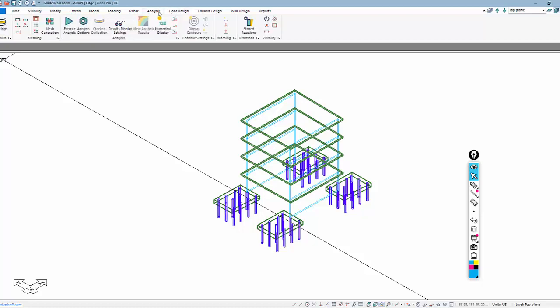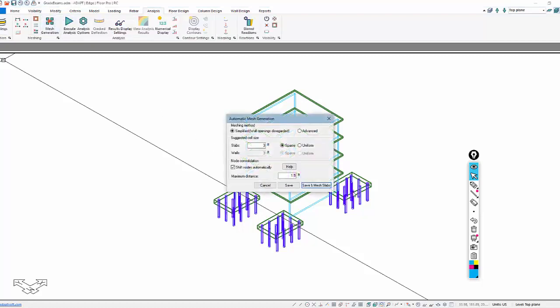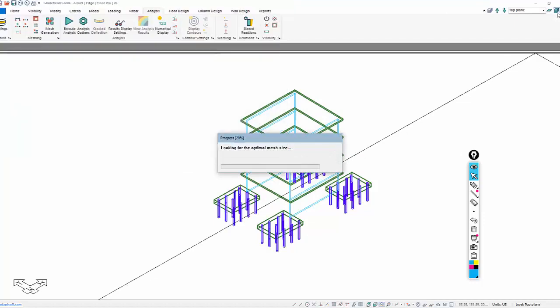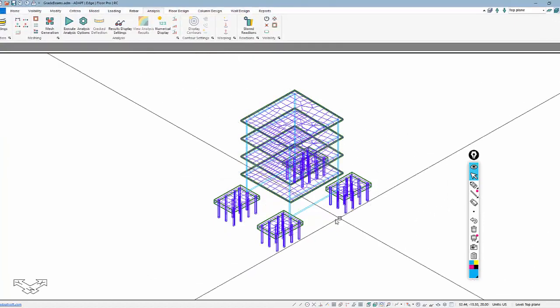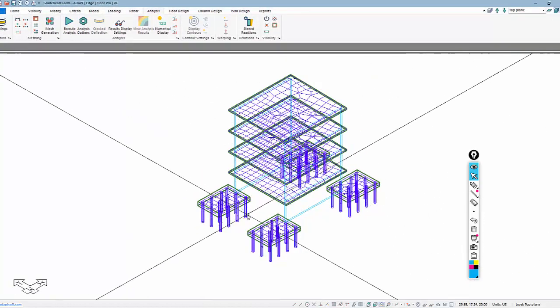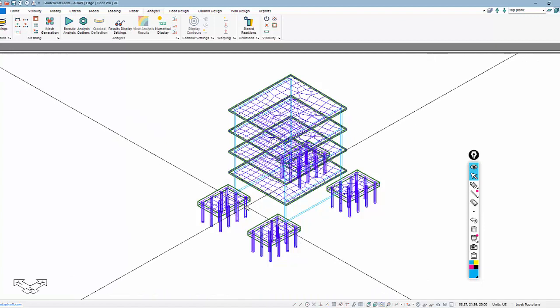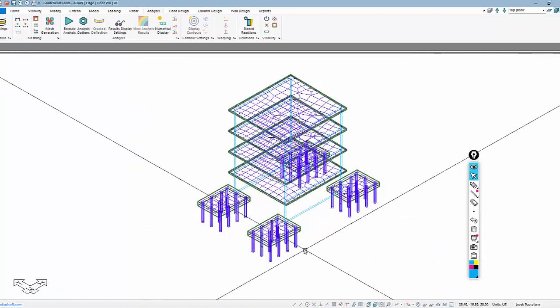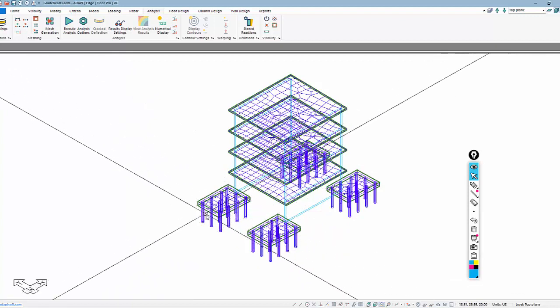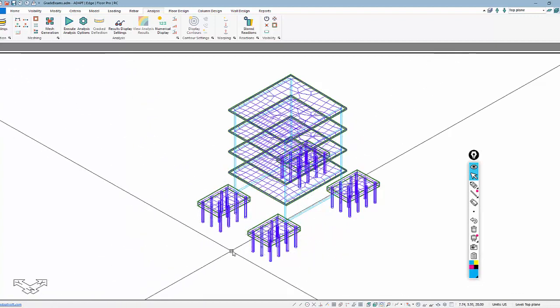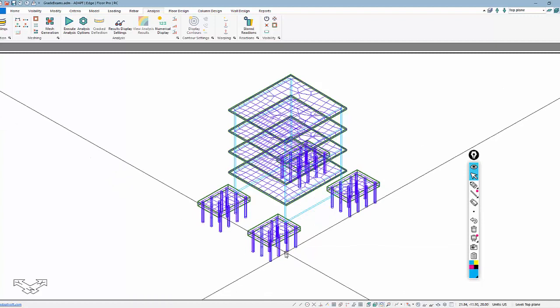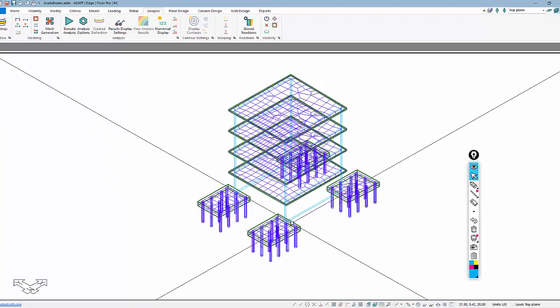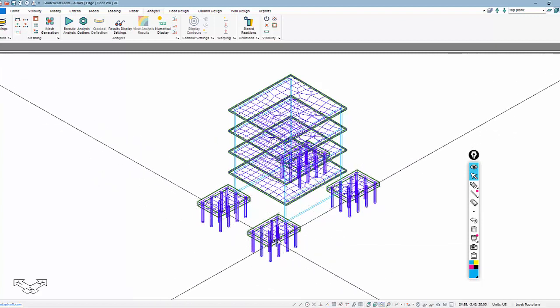Okay, and we're going to go to analysis. I'm going to mesh this system. We're working still in multi-level mode, so we'll mesh this. And now we're going to analyze. And again, my objective is to make sure that the system is stable, that we have connectivity between components, and also to view the forces, let's say, in the piles, and also to determine perhaps reinforcement in the cap based